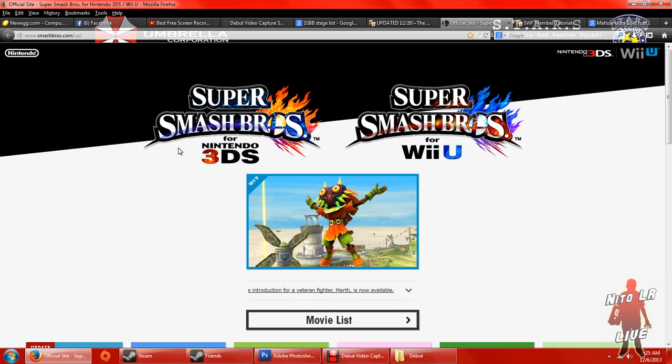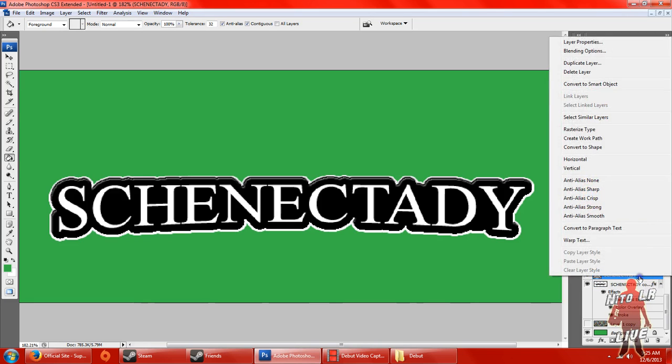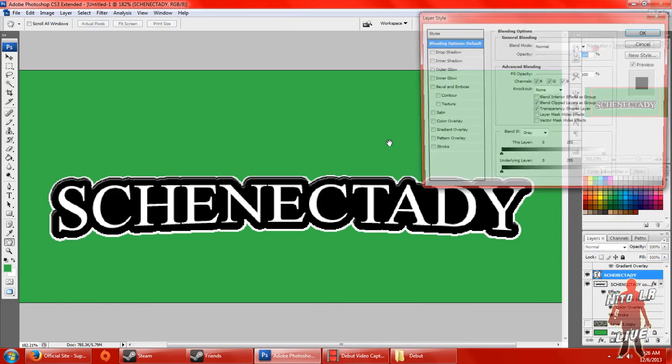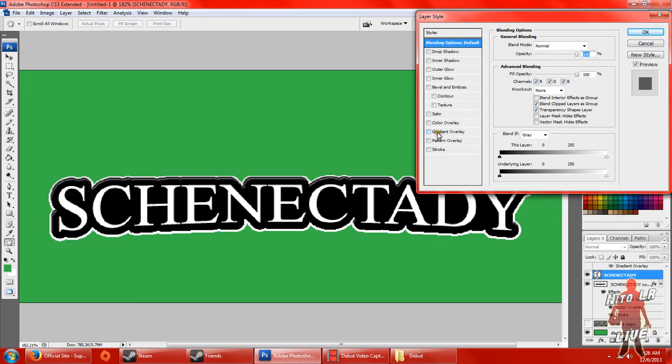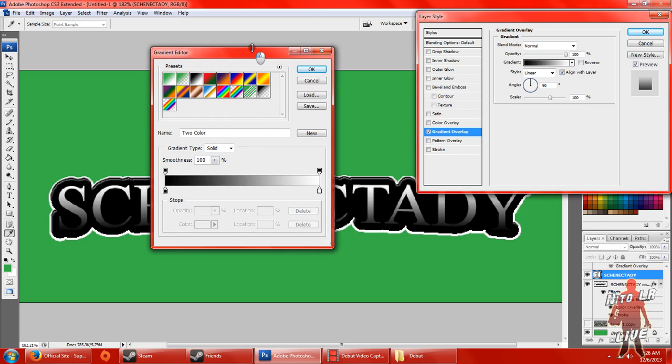They have more effects. I think they also have a drop shadow behind that to further bring out the colors. Alright, so with that being done, all we'd have to do now is edit the actual text. So blending options, I'm going to do a gradient overlay, and they had a blue in it,